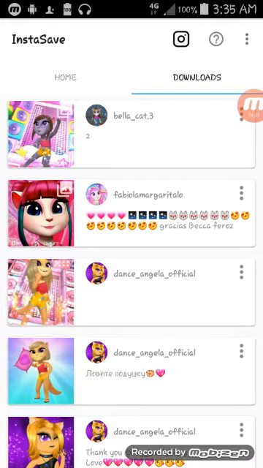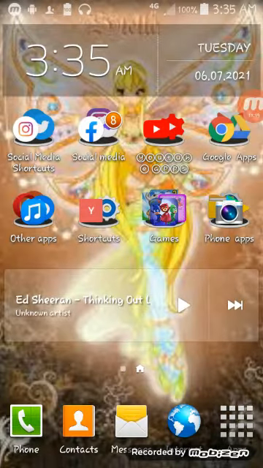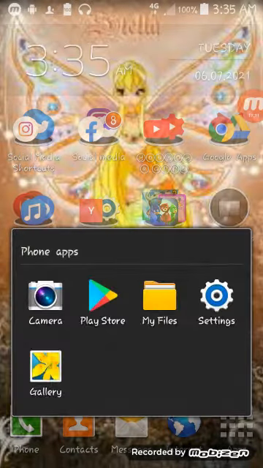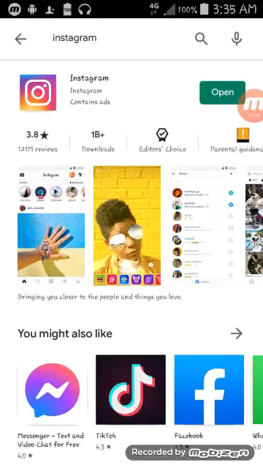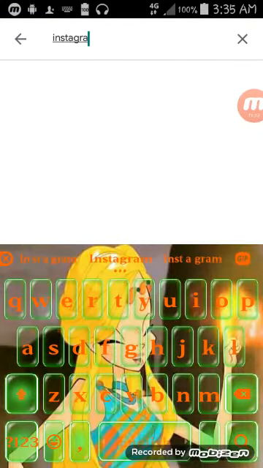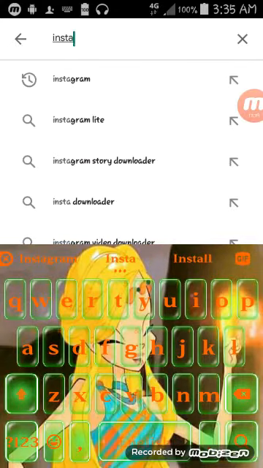So allow me to show you how it works and how to find it on Google Play Store. So go to Google Play Store. Let's exit that and just leave that Insta somewhere.